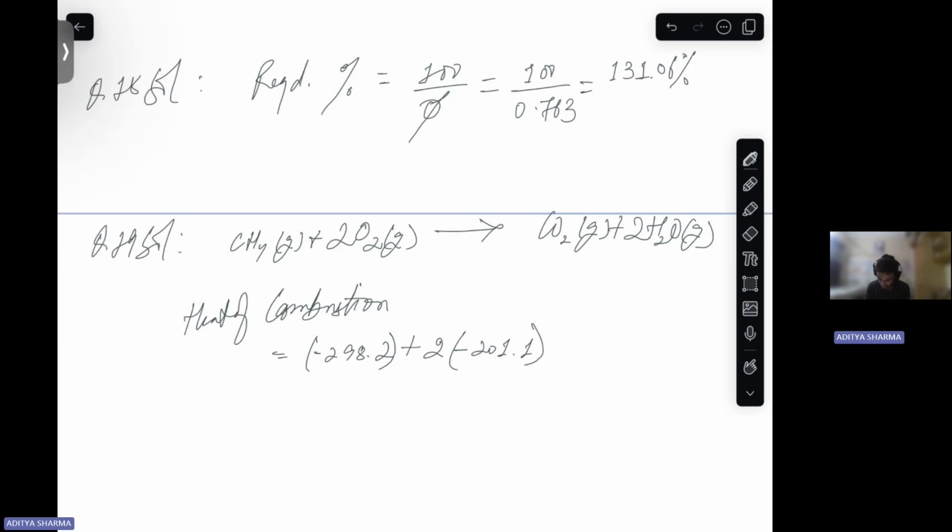Okay. Then for reactants, we will subtract minus of 55.4 for methane, and for oxygen it will be 0, right? For oxygen it will be 0. So if we solve this, this will come out to be minus 645 kilojoules. Okay, this is